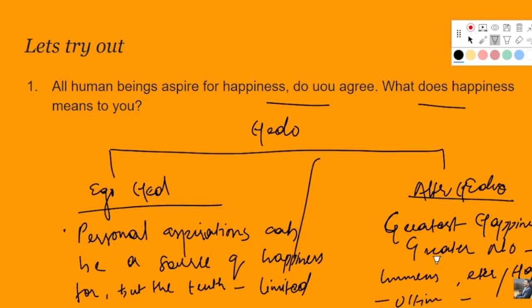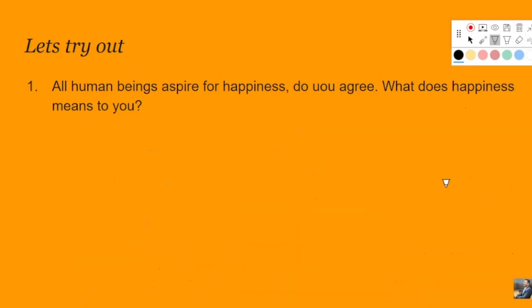This is what happiness means to me, that happiness is not just egoistic hedonism or egoistic or personal happiness. It should be altruistic happiness or the greatest happiness of the greatest number. And this is how you have to prioritize altruistic hedonism over egoistic hedonism. How can you conclude it in a very balanced manner? You can conclude it in a very balanced manner by giving a